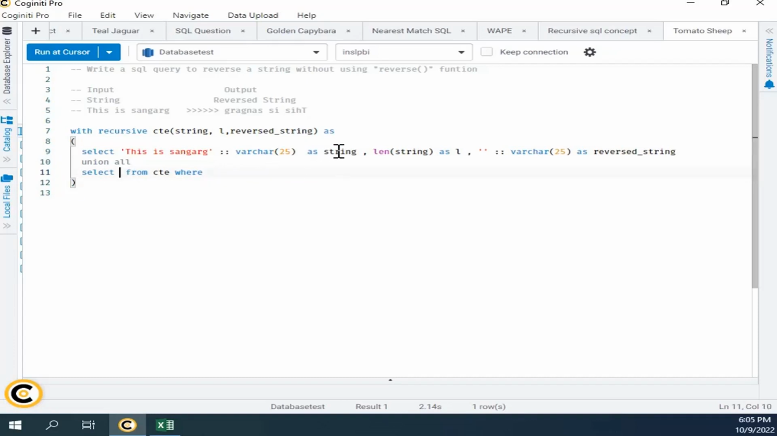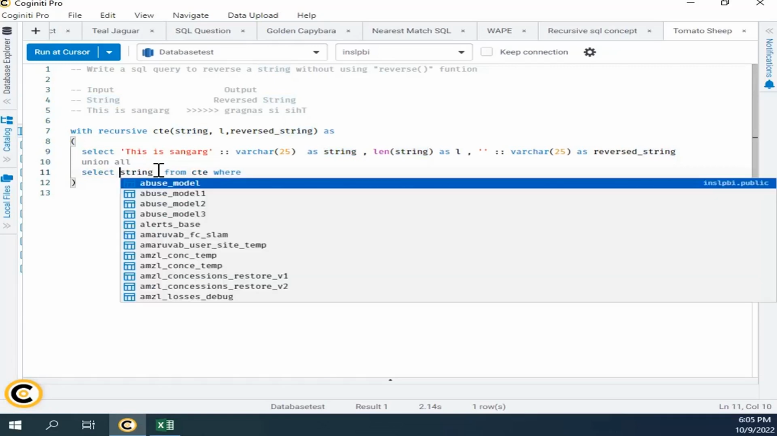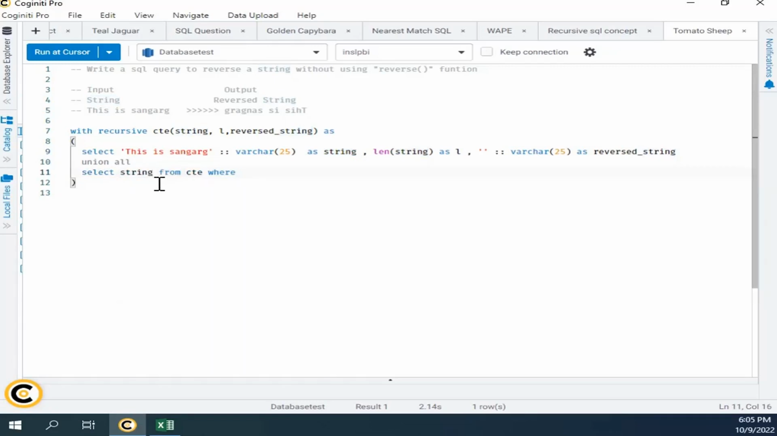So my first column should be the string only. Next column, here we have to build a logic. I have to pick my last letter from the input string. So how can I do that? You must be aware that there is a